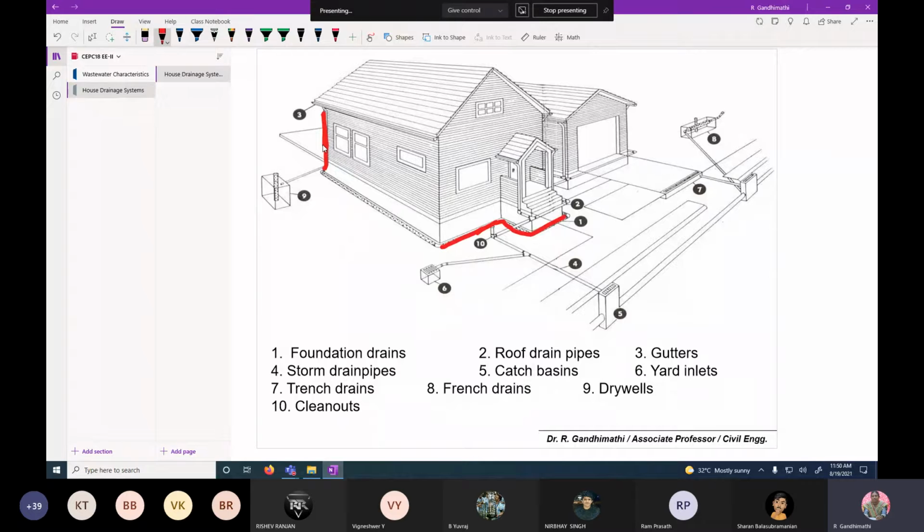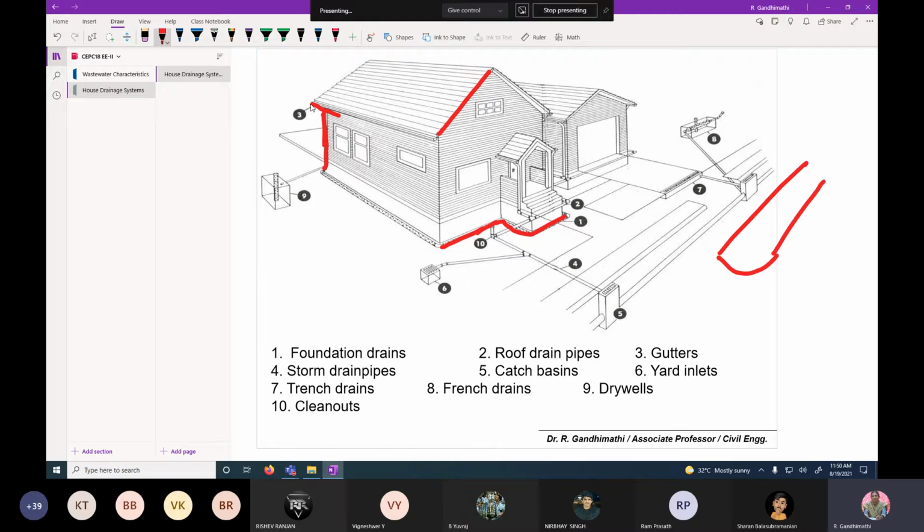For example, this is the sloped roof, no? Here they will provide some channel arrangement. It's like the structure is like this. It will go like this, to collect the rainwater from the roof. This is called gutters. Then the drain pipes or the roof drain pipes are attached to the gutters. At one end of the gutter, the roof drain pipes are connected to collect the rainwater.